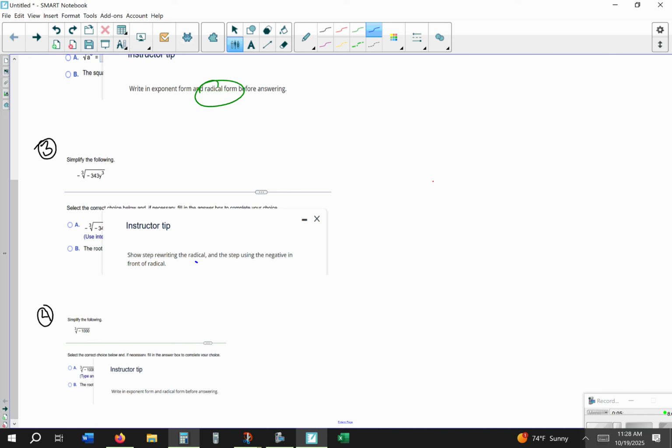Show the step of rewriting the radical and the step of using the negative in front of the radical. So I am looking for several steps here. Now there are some apps that take care of the negative under the radical without showing a step. What I'm looking for, just like question 1, is that you rewrite this as a quantity cube. So when we check the cube root of 343,